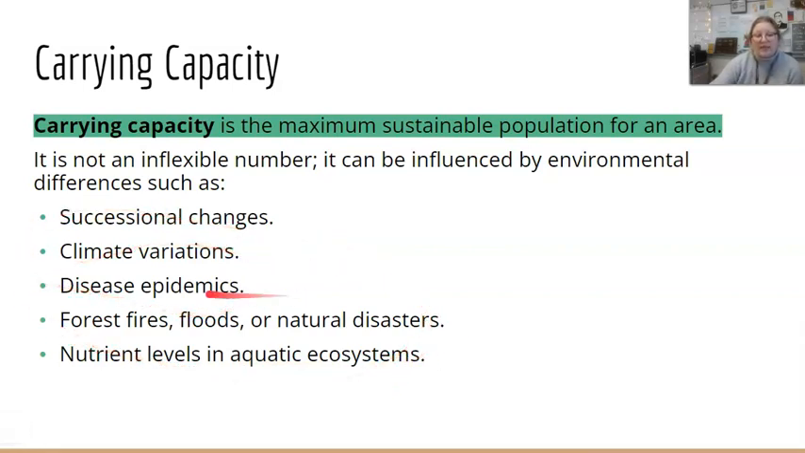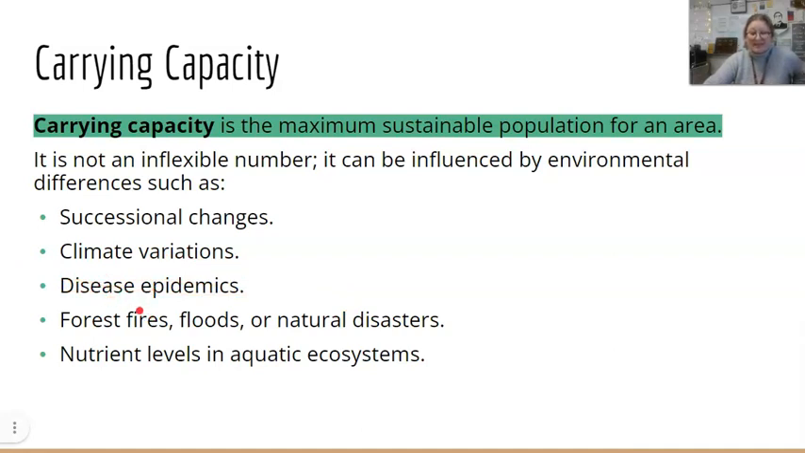So if we look at disease epidemics, and we were talking about it being density dependent or density independent. If we live really, really close together, with lots of people in small spaces, disease epidemics are going to have a greater impact versus populations that are more widely dispersed. So disease epidemics could be intrinsic because it's coming from within the population, and